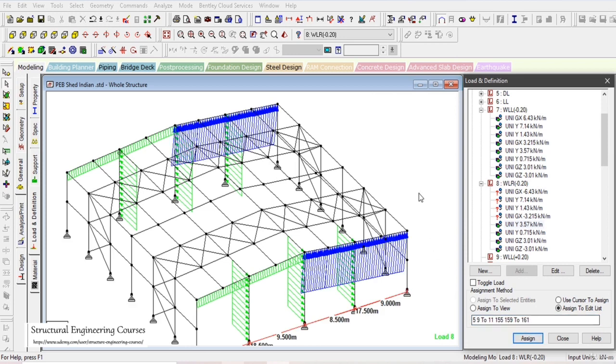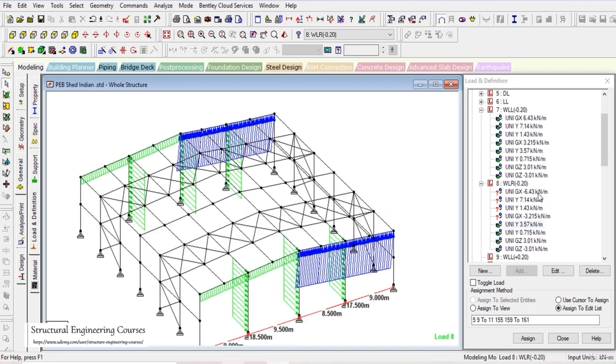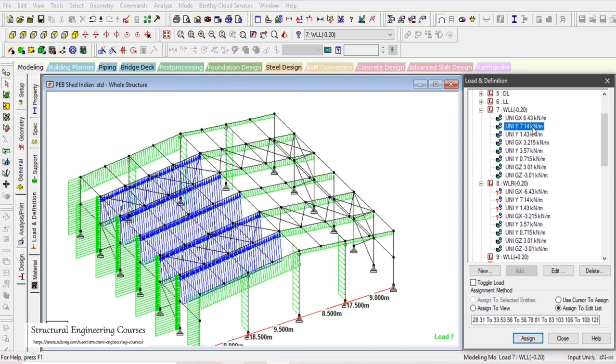So I hope you can understand what exactly I'm doing here, that I'm just simply reciprocating all the loading arrangement here. So it shall be clear when I shall do the main loading here. That is 7.14 kN/meter was being applied on this rafter here. Now in this case it shall be applying on this rafter here, but already we had applied 1.43 kN/meter on